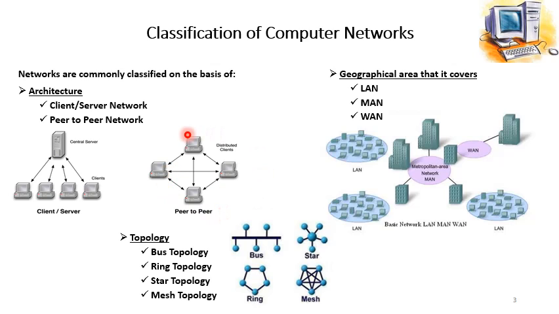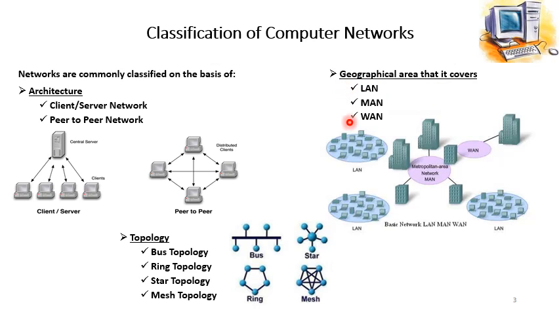So that kind of network is called a peer-to-peer network. In the coming slides we will discuss the client-server network in more detail. Okay, now if we see the classification of a network on the basis of the geographical area that it covers,